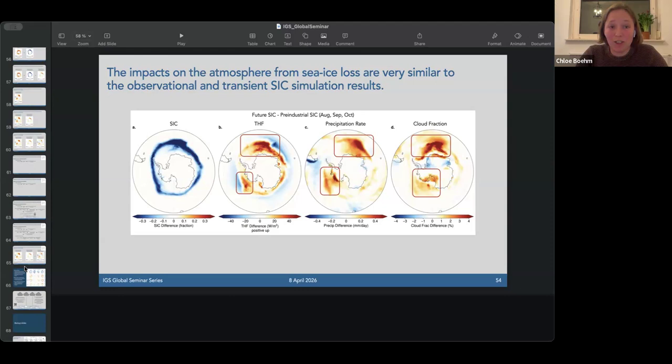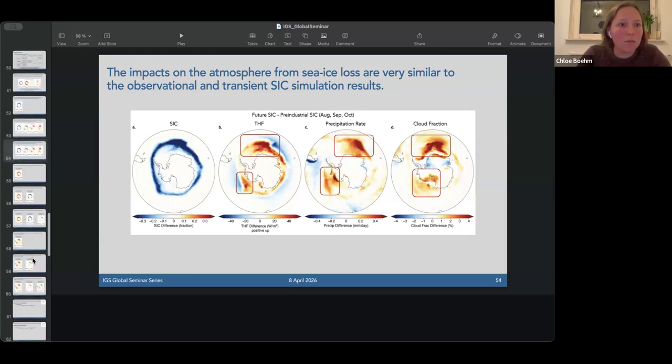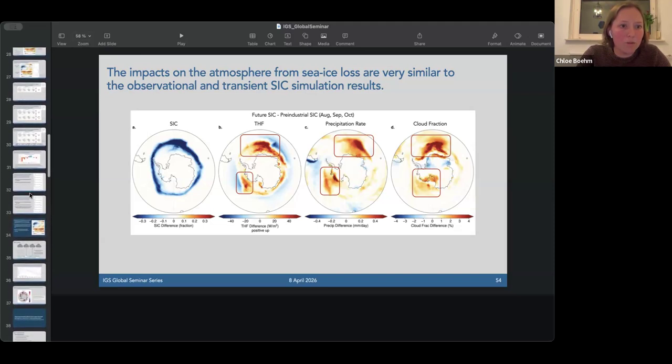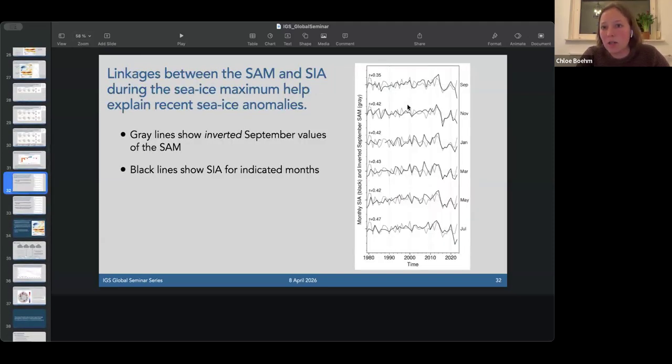It's a really good question. There's been a positive trend in the SAM during the summer months. At least as of yet, there hasn't been a very significant trend in the winter season. But I think in the time series you can see that the SAM experienced some very unprecedented anomalies over the last decade. This is just showing September, but we saw some in other months as well. So this indicates that maybe the SAM is experiencing more variability and more anomalies.